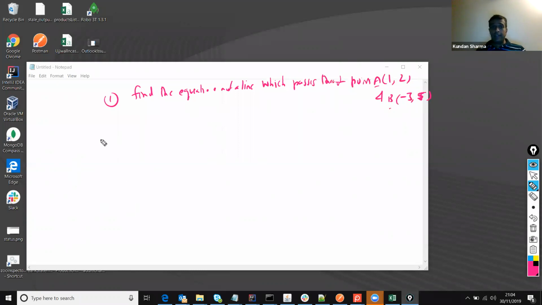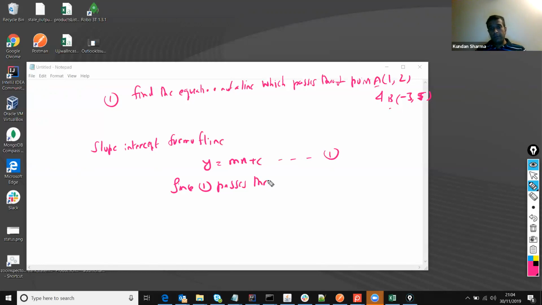So we know the equation of a line using the slope-intercept form. So the slope-intercept form of a line is y is equal to mx plus c. So we'll write it like this and we'll call it 1, right? So we'll say that since 1 passes through A, which is (1, 2) and B (-3, 5), the slope of the line will be, so which formula